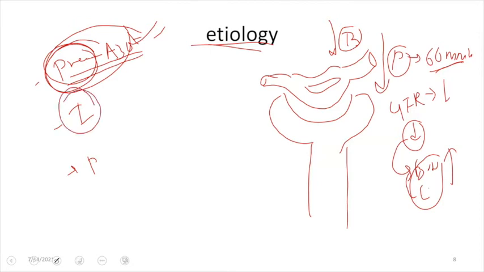Intrarenal cause we'll be discussing in the next video. That will be about acute tubular necrosis, and that will be a very important video to be discussed. I'll be talking more about it in that video, but let me mention the causes within the kidney as well. Intrarenal cause means there is a defect within the kidney. The defect can be at the level of the glomerulus, at the level of the tubules, at the level of the interstitium, or at the level of the blood vessels that are supplying the kidney.